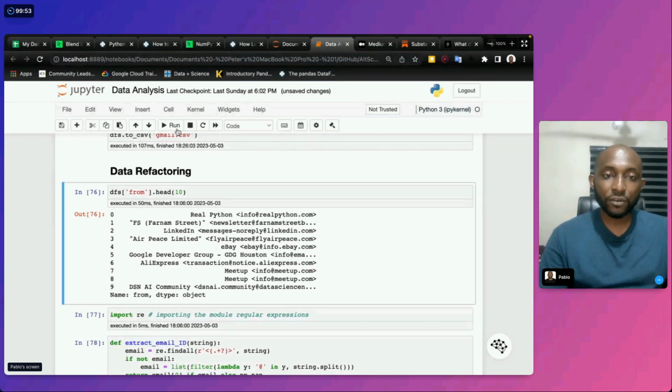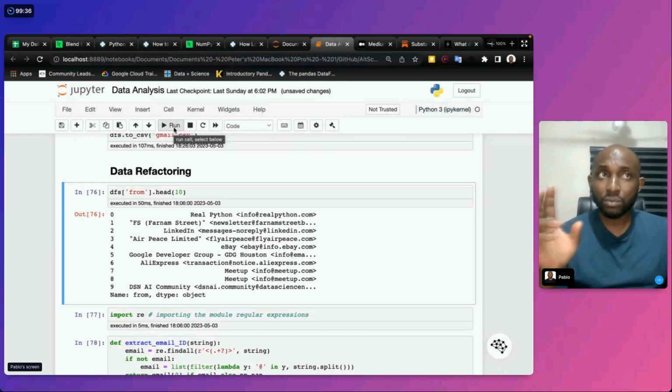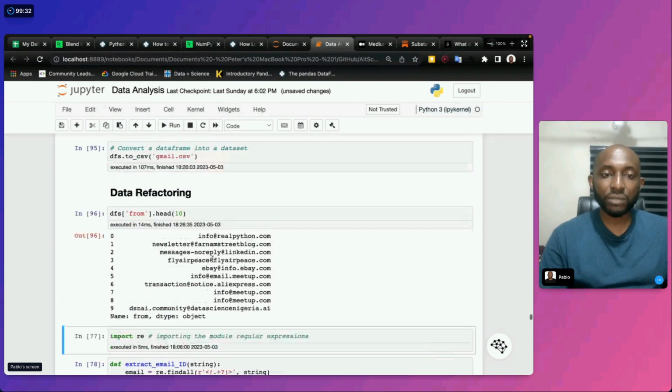We looked at the from table, and the from table is important here because it has the emails that you've received. It's important to know that those are the emails you've received. Also, somewhere you have emails you've sent, but so we refactored it.